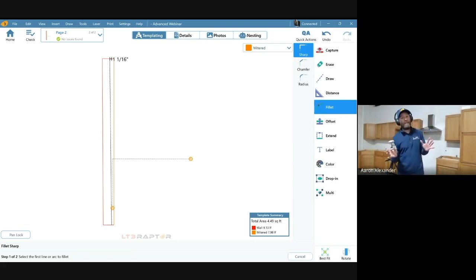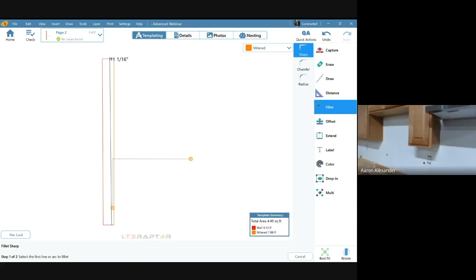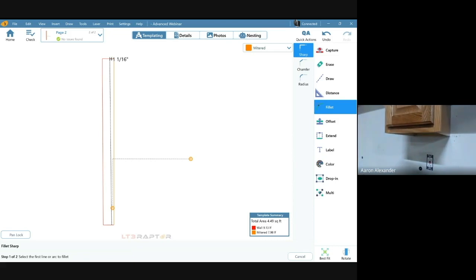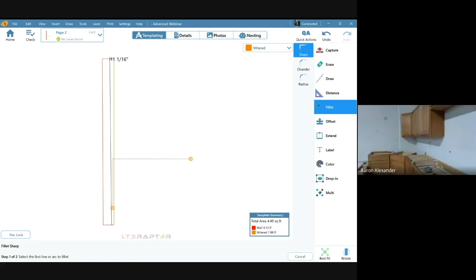On a cavity cabinet, what I can do here is I can actually line up, I can stick this thing into the cavity, and I can line that line up with the bottom edge. If I go in the back here, I line the white part up with the bottom edge of that cavity. Now I can put my laser dot right here and get 0 stretch because I'm going to take out my